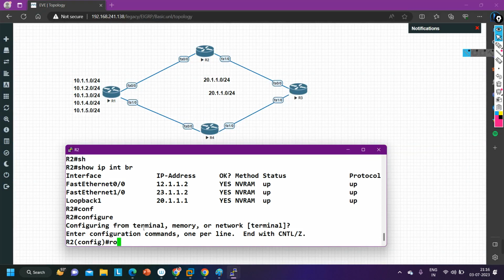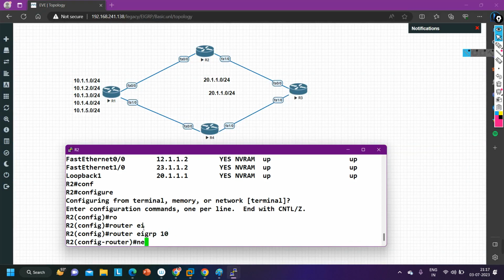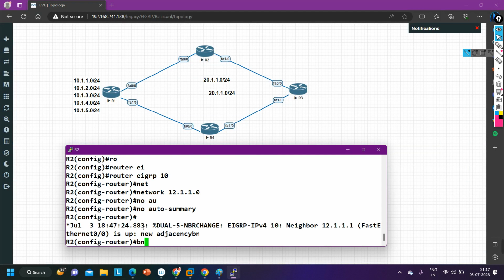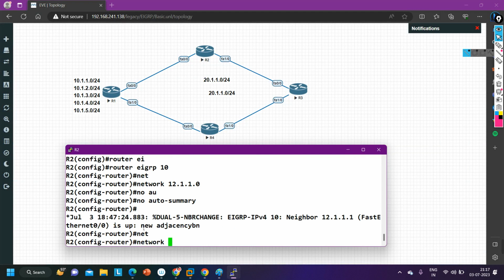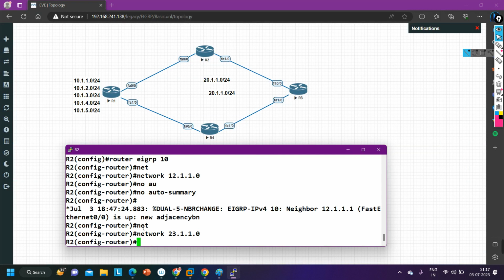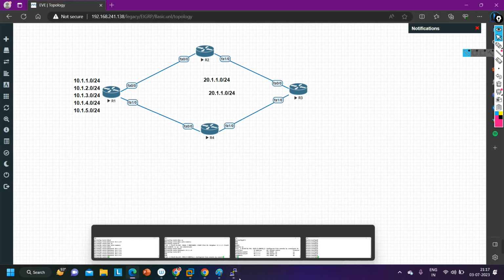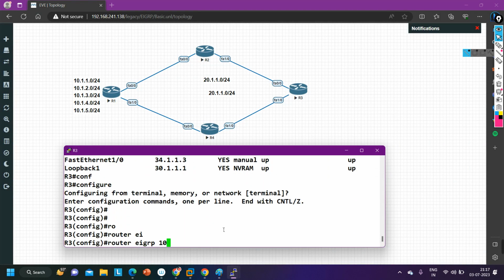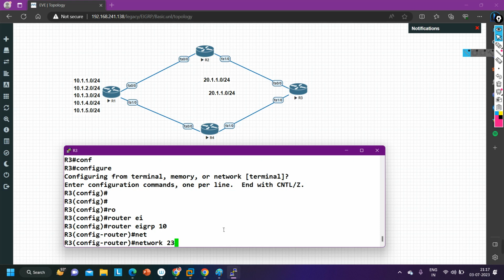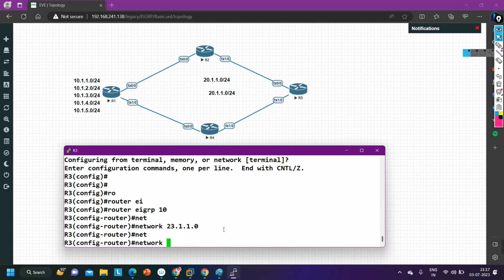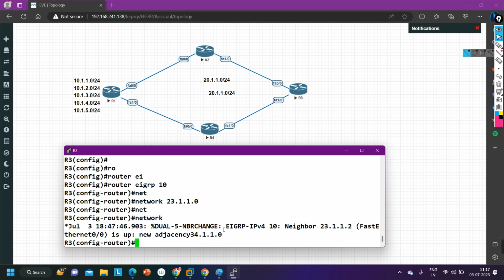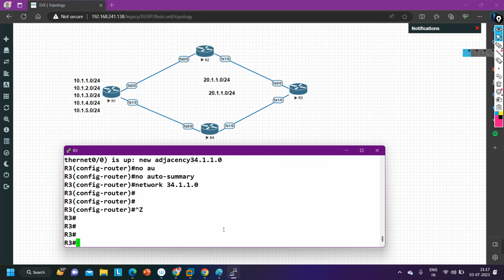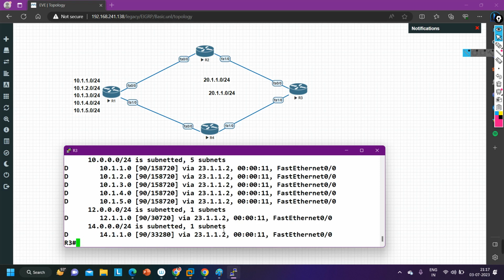Let me take you to router 2. Router EIGRP 10, network 12.1.1.0, no auto-summary, and network 23.1.1.0. That's it. Go to R3. Router EIGRP 10, network 23.1.1.0 and network 34.1.1.0, no auto-summary. Done. Show IP route EIGRP.